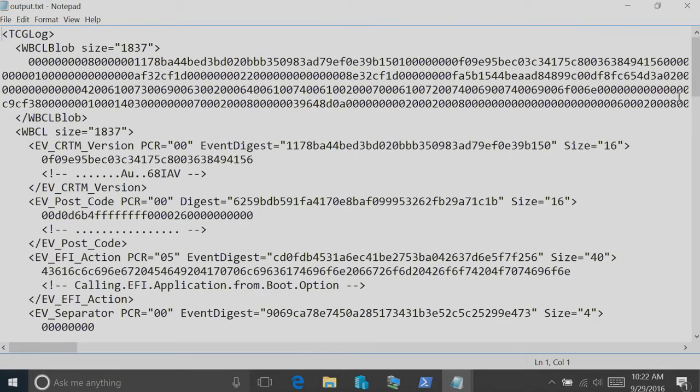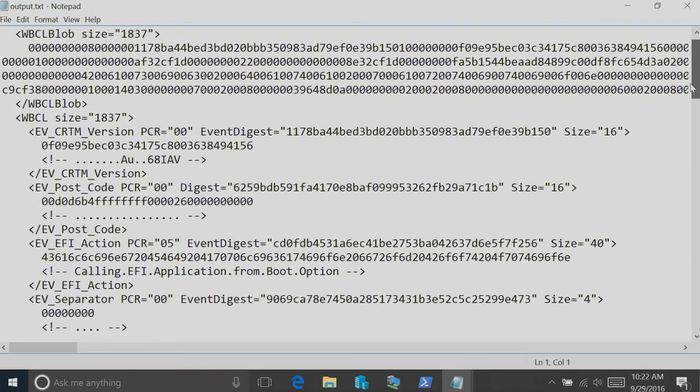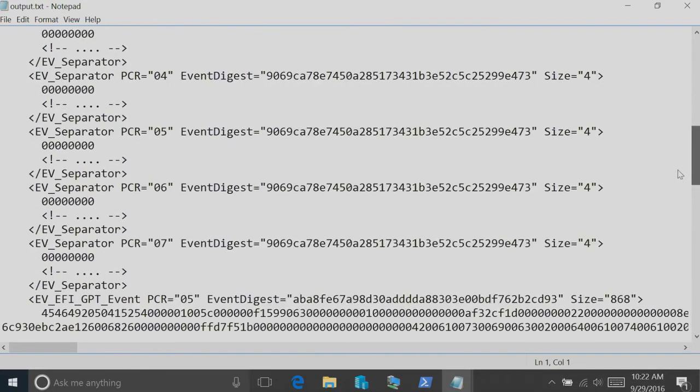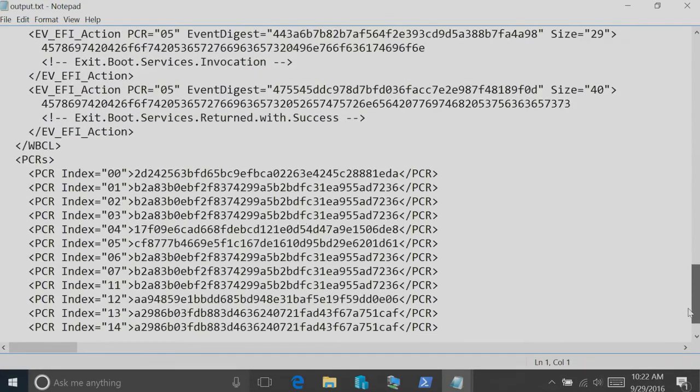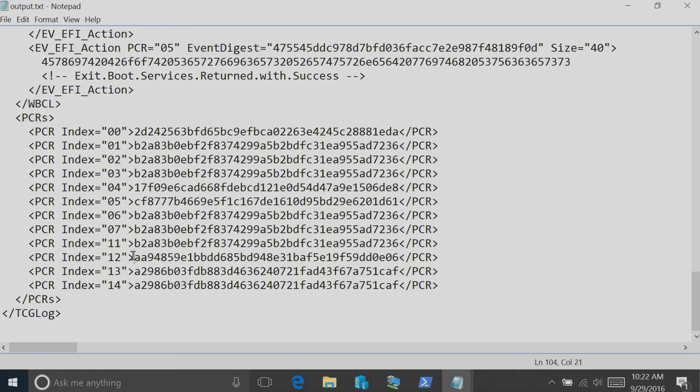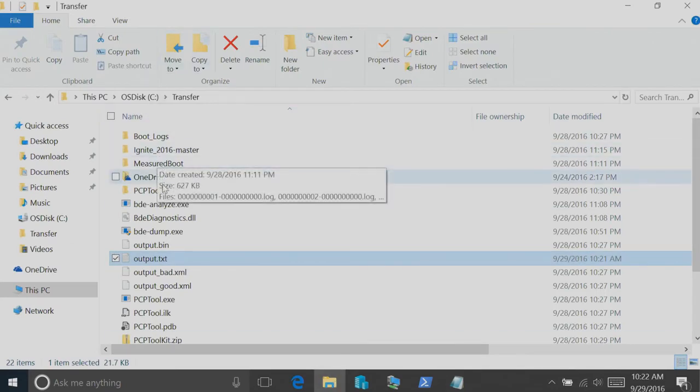This is why I'm going to say be very careful with this because now you're getting into the spec of how this all works. But I will tell you that some of these PCR registers are supposed to change every time, okay? Especially like number 12, things like that. So if your computer is looking and you go figure out that it's going for 0, 2, 4, and 7. Actually, it's 2, 4, 7, 11. If you see that and you see number 2 changing, number 4 changing, and you were to correlate that back with the PDF file that they give you,